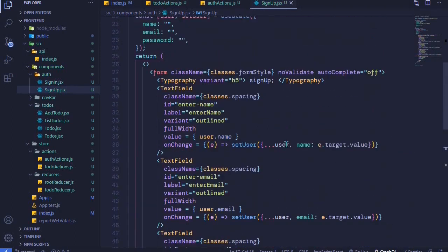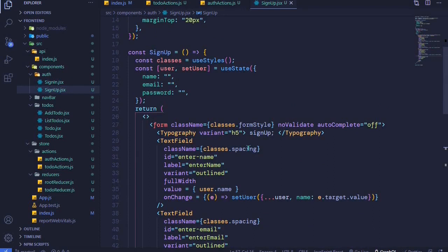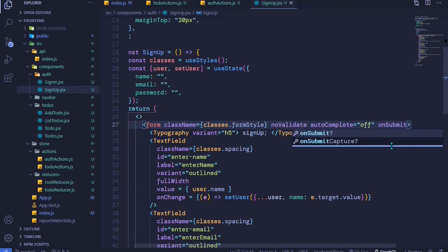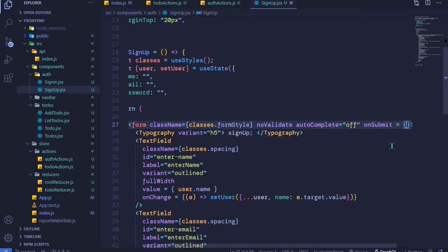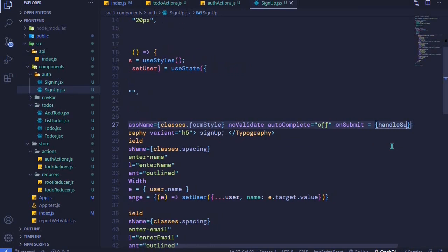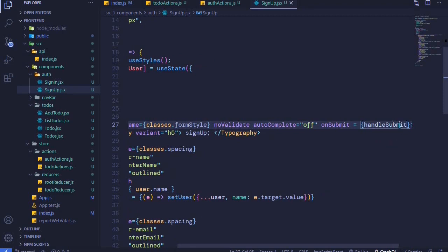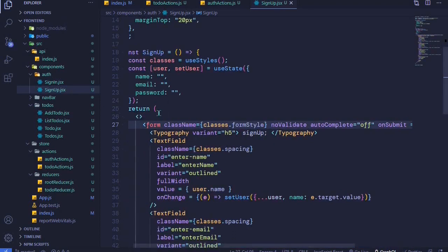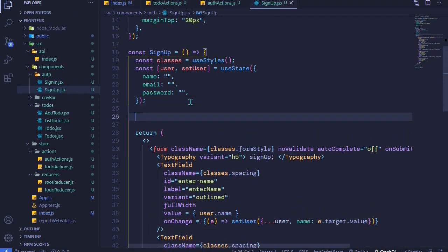Now I need to create a helper method which will be called whenever we submit this form. Okay, so right here I'll have an onSubmit event. So onSubmit, and we will call a helper method, and we can call it handleSubmit, just like that. We haven't created this method yet, so let's come at the top here and create the method just before our return statement. I'll say const handleSubmit,